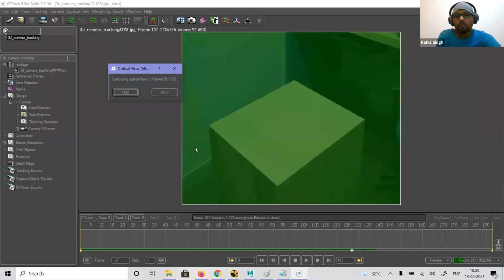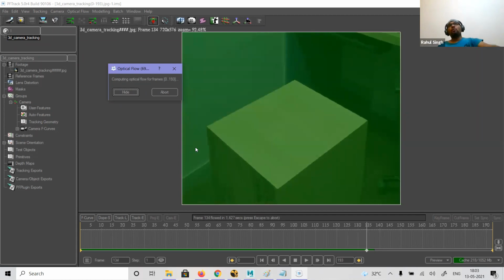It is used to identify the pre-process of camera tracking, like how the camera will be moving in the scene. Okay, so on the basis of that you can decide what you need to do or what is needed in the scene.